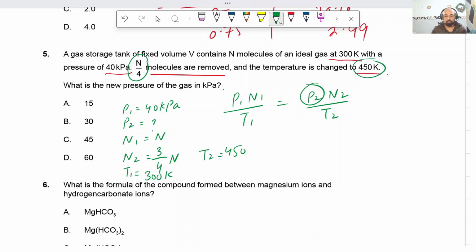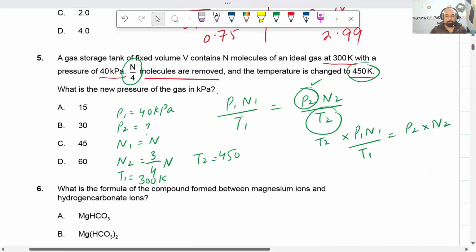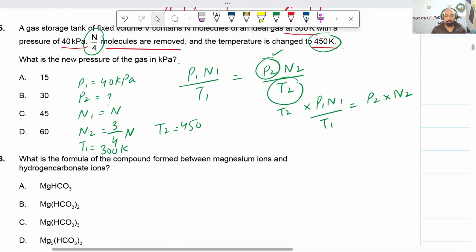Now we have to rearrange our equation to get P2 as a subject, right? So in order to do this, we have to multiply with T2 on the other side. So let's quickly multiply this. P1 N1 times T2 over T1 equals P2 times N2. Now let's plug in the values to see what we get. Yep, so here we have T2, which is 450. So let's put 450